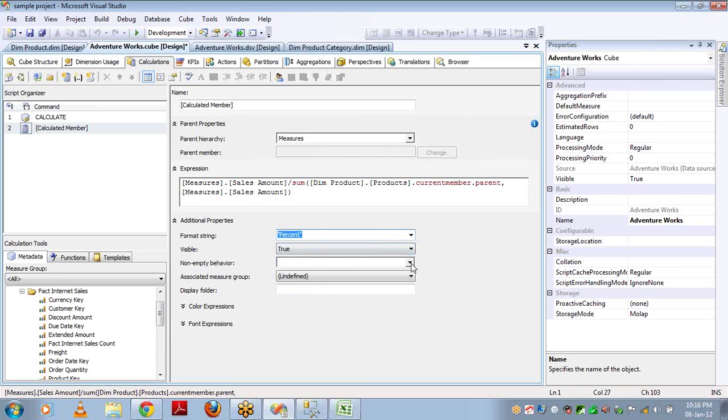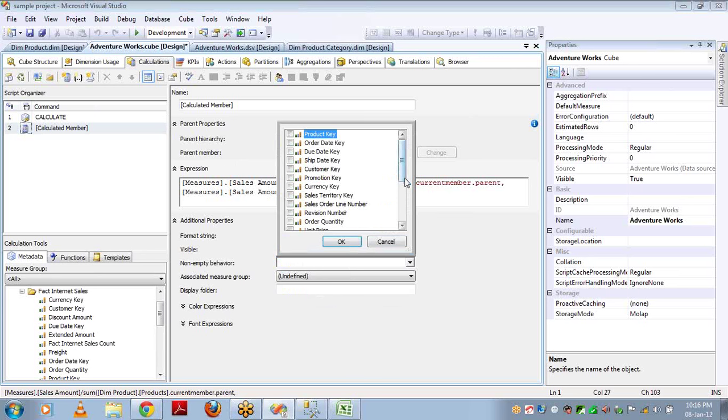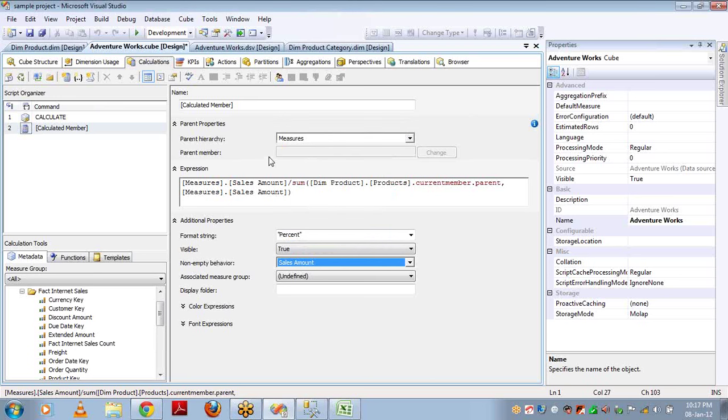And for non-empty behavior, what I'm using to divide by is sales amount. We discussed this non-empty behavior in our earlier sessions. And let me select the sales amount and see how this is going to work.